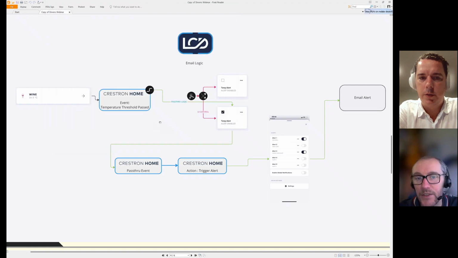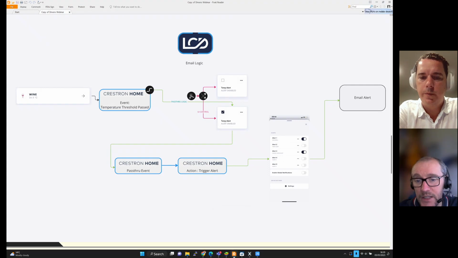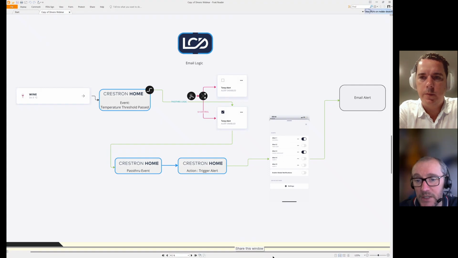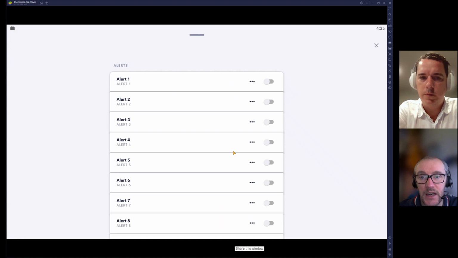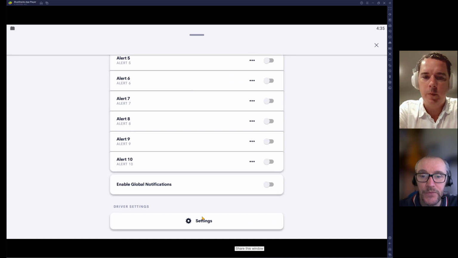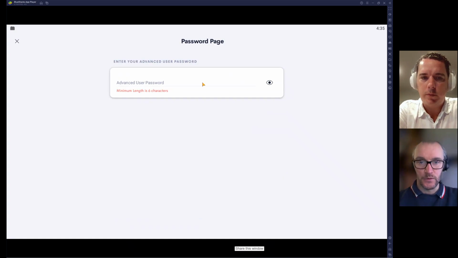So that's us done everything we need to do in the custom home setup app. Really, the main thing we need to do now is set up the generic global settings for the email driver, and we also need to set up the specific alert settings for alert 1. Okay. So if I go into the settings menu for this driver,